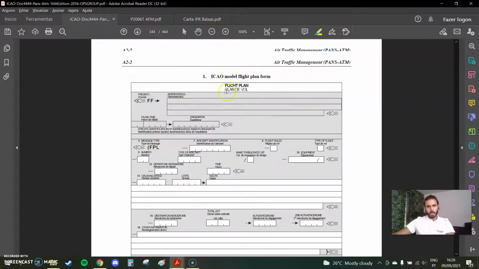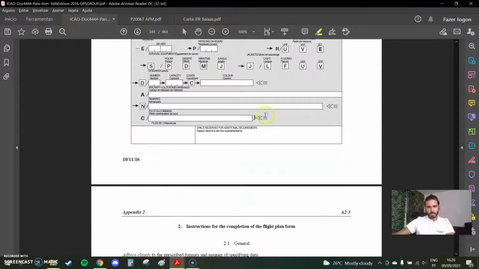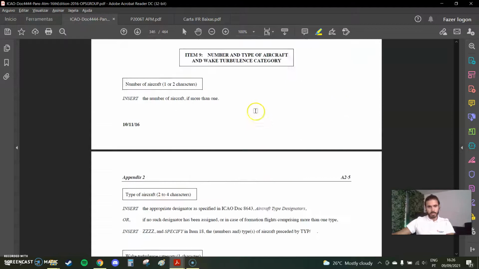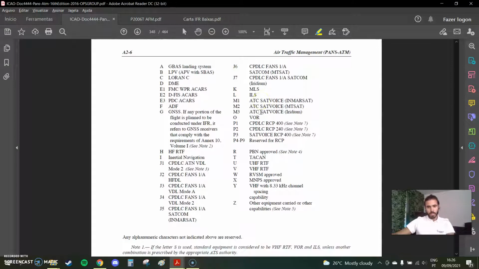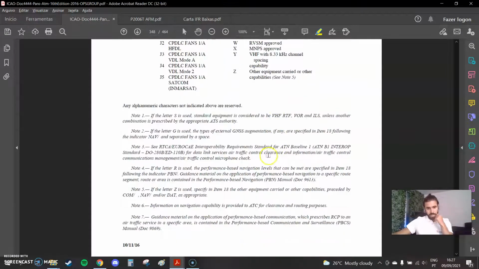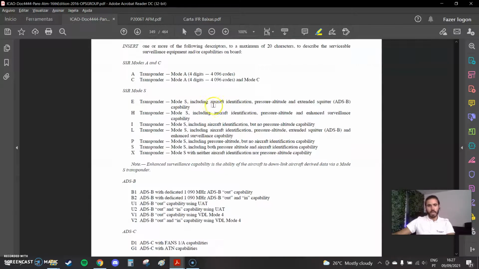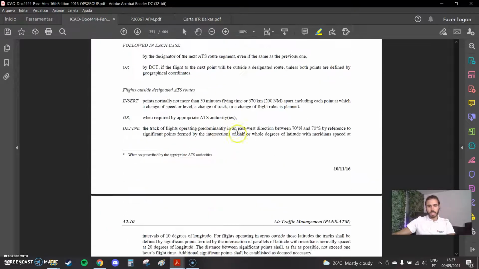Let me show you where this is set. So first of all, this is item 10. So as you see here, PBN R, you have to put the letter R, and so you are PBN approved. And then note 4 basically says that if the letter R is used, then in item 18 you'll have to go for the PBN specification after writing PBN slash, and then you have to put the certification. So I came to item 18, as they say,